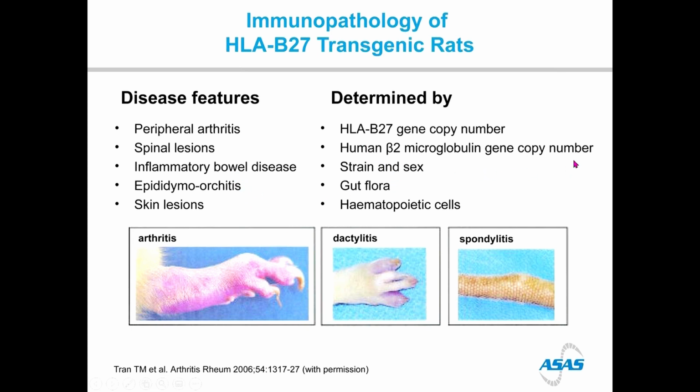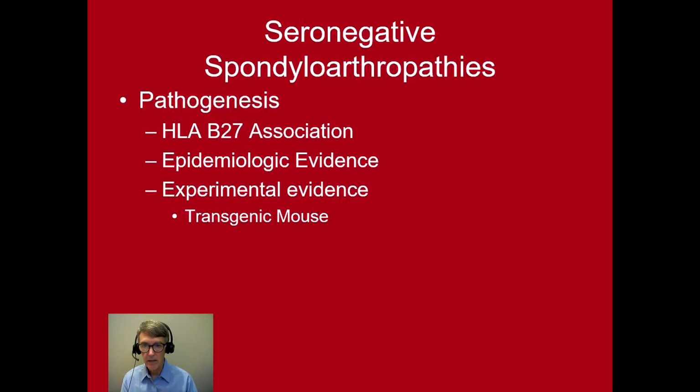This does not seem to be as important in the inflammatory arthritis or spondylitis associated. The gut flora affected it, and we're going to talk about that in humans in a minute. In a way, this is like using Koch's postulates in order to prove the genetic cause of disease. So we have three pieces of evidence that show the strong association with